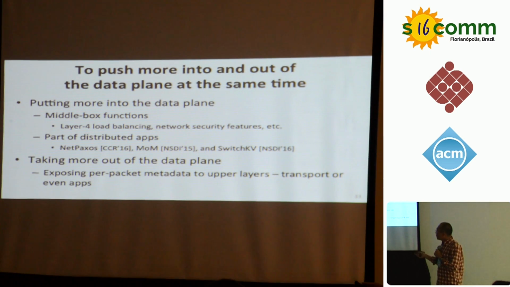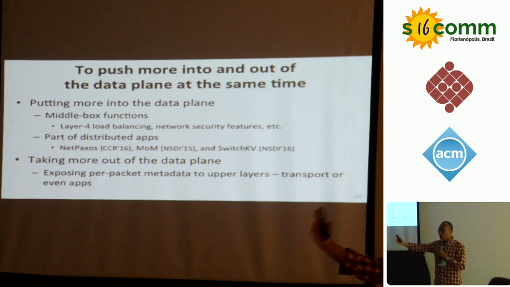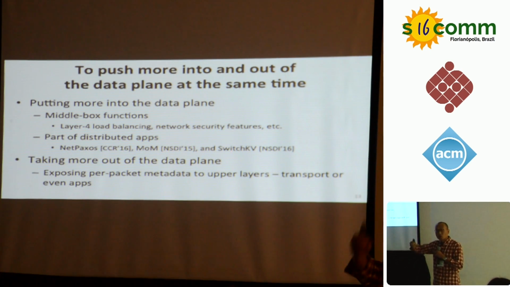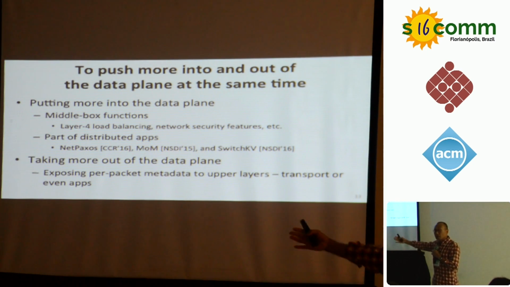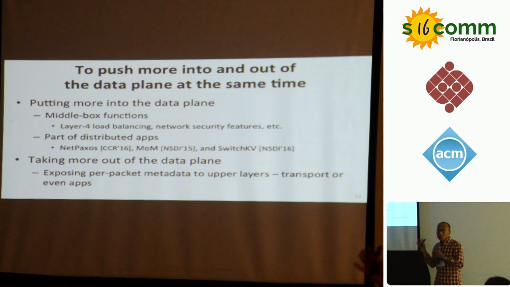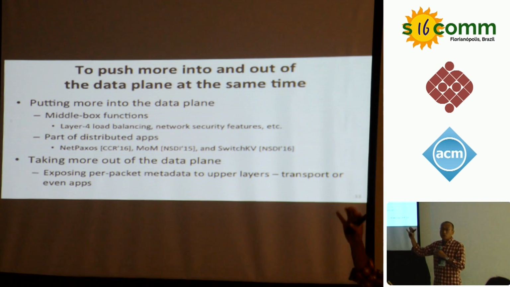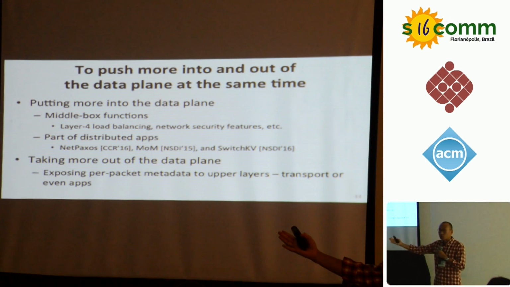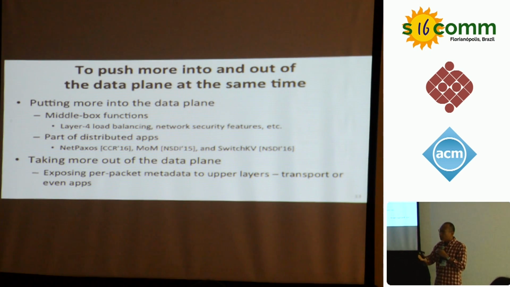So for example, imagine that you have per packet metadata attached to every packet. Every packet is carrying its own switch ID, sequence of switch IDs that it has gone through, hop latencies and congestion information. You can actually expose this to the transport layer, TCP or UDP, or you can even expose this through a separate channel through your extended socket to your applications. So imagine that your application can actually see per packet path and latency or link utilization. There are some crazy application programmers who would love to get this kind of information and take advantage of this opportunity.